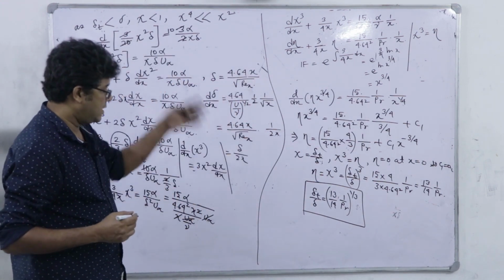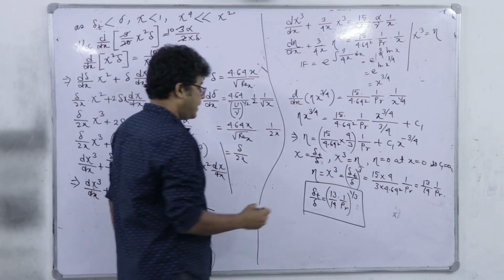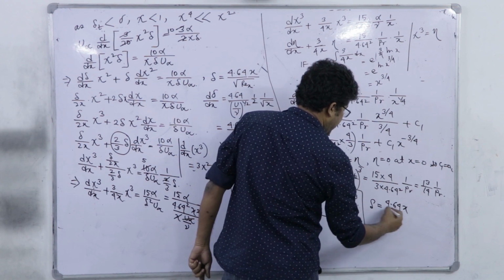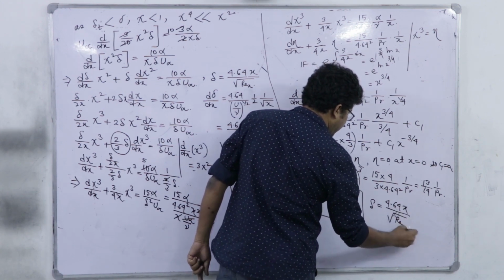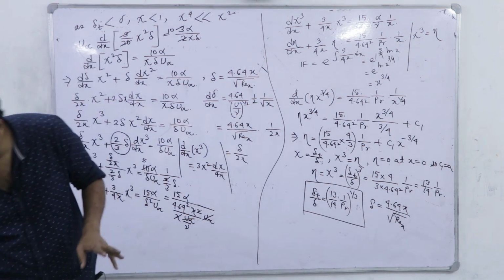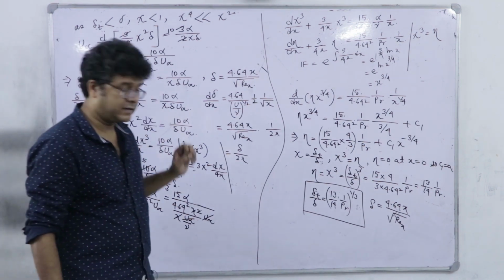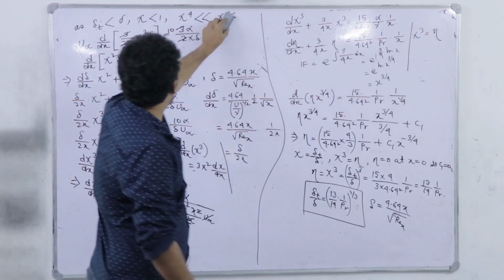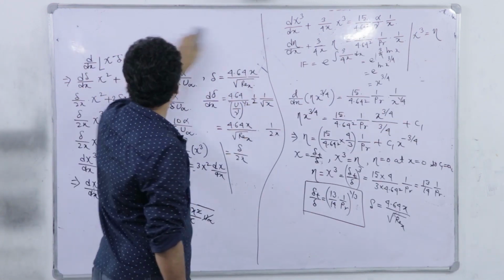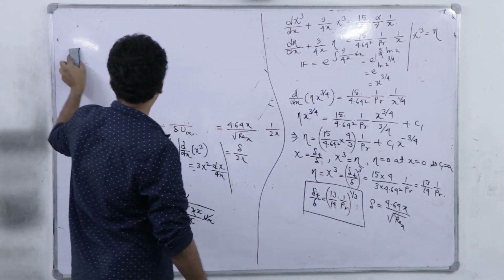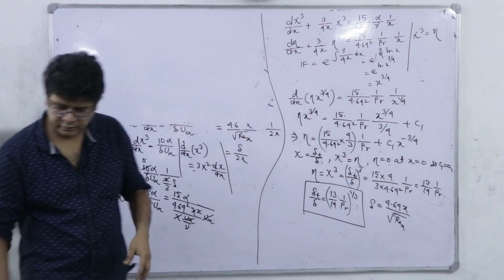So, once delta, you see delta we know as 4.64 into x divided by under root of Rex. So, we got delta t, and we can solve now for this Hx. So, how we can solve it? So, you see this